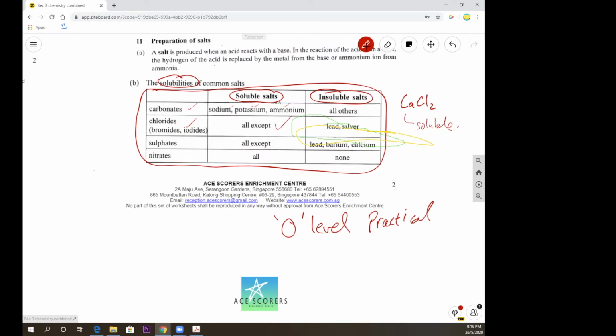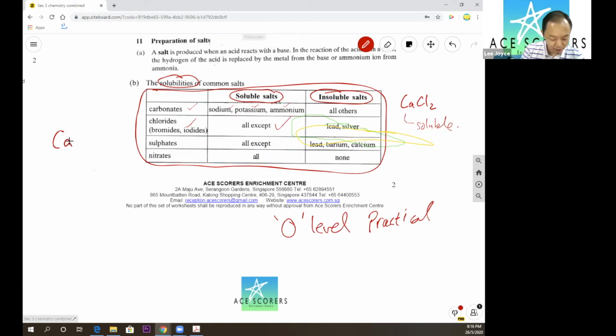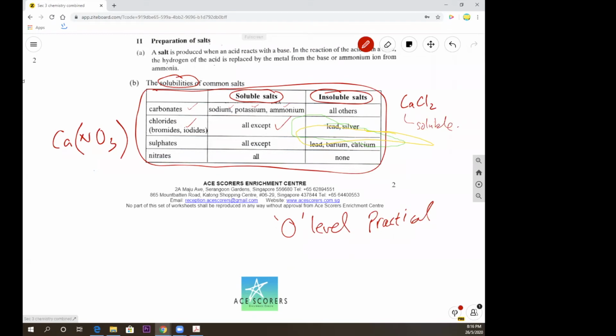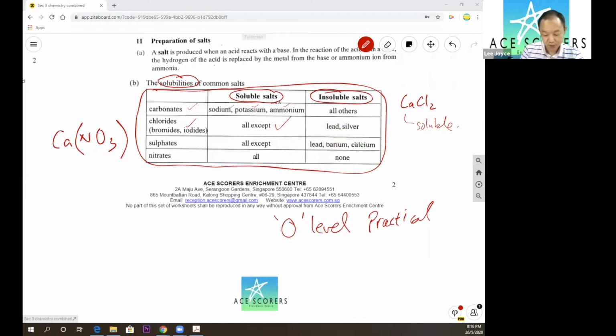Edric. Calcium nitrate, soluble or insoluble? Soluble. Why? Because all nitrates are soluble. Yeah, very good. We love nitrate because there's no need to think. All nitrates are soluble, right? Then how about